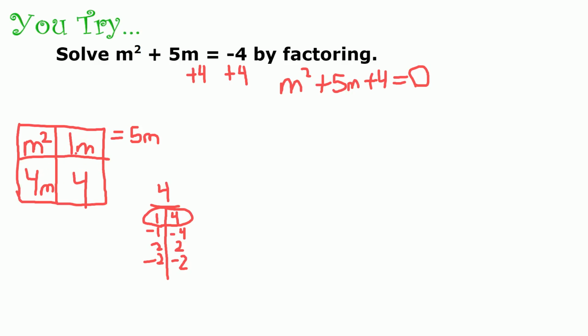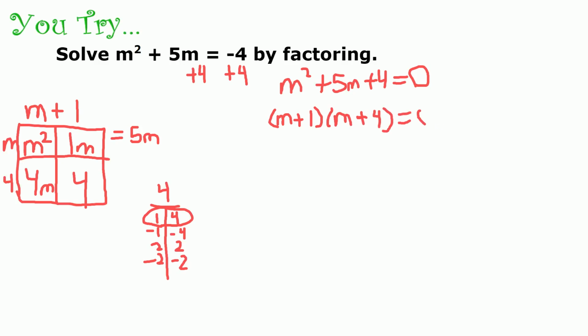Now we're looking for our greatest common factors. The only common factor between 1m and 4 is 1. So it's going to be positive because there's no negative here. Then the only common factor between m squared and 4m is an m. Same here. The only greatest common factor is an m. The only greatest common factor here is a 4. So I'm going to rewrite this polynomial as m plus 1 times m minus 4, I'm sorry, plus 4